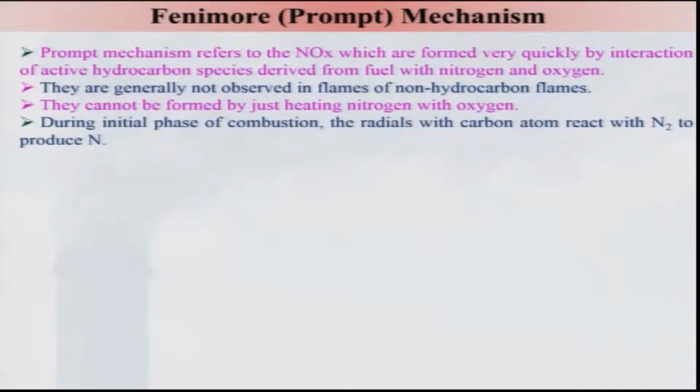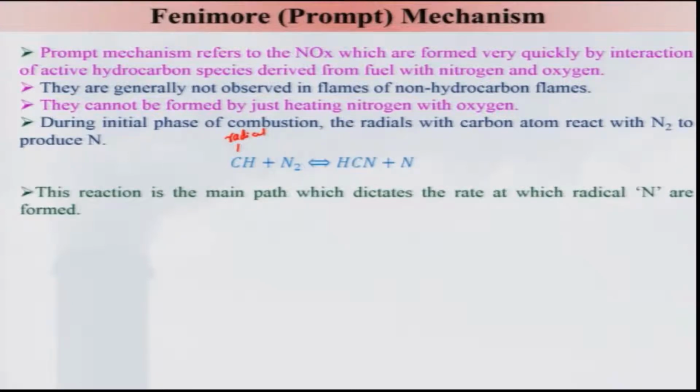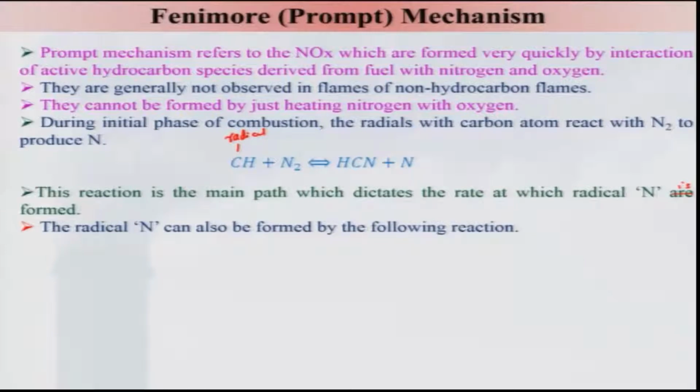During the initial phase of combustion, the radicals with the carbon atom react with nitrogen to produce N. As per the following reaction, let us say CH is a radical which will be reacting with nitrogen and forming HCN and again the radical N, the N atom, and this reaction is the main path which indicates the rate at which the radical N is formed. And the radical N can also be formed by the following reaction. C will be reacting with N2, getting into the product CN and N, and